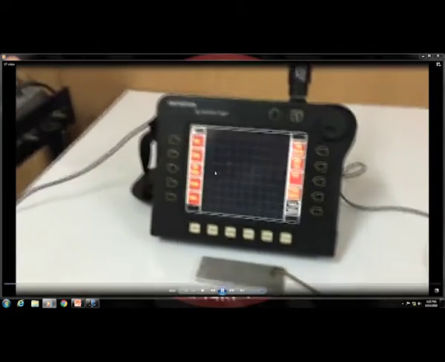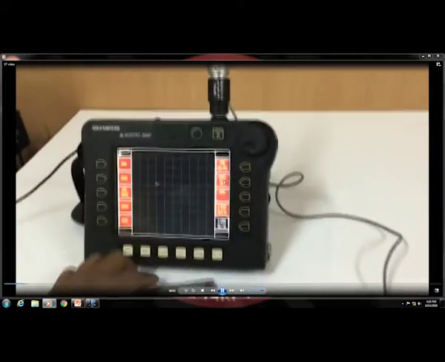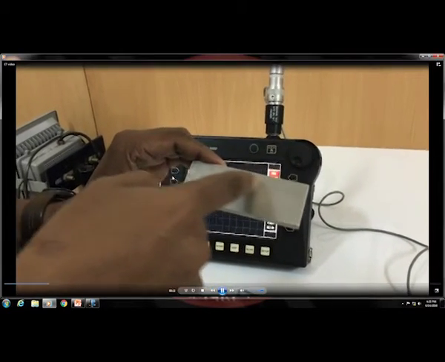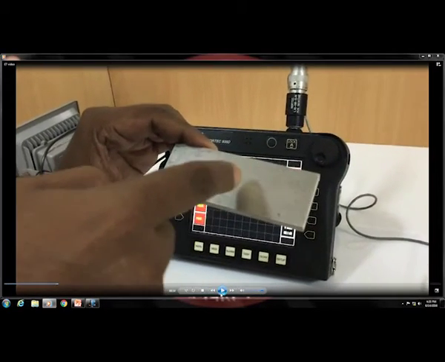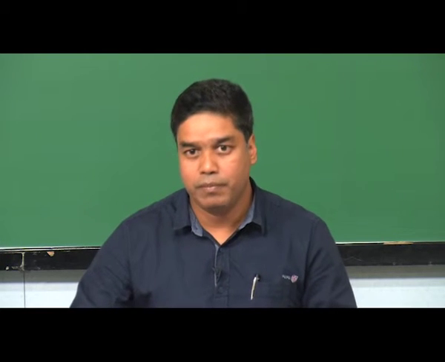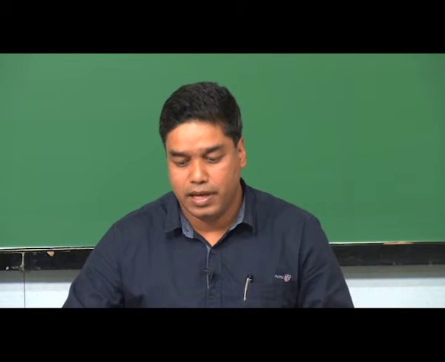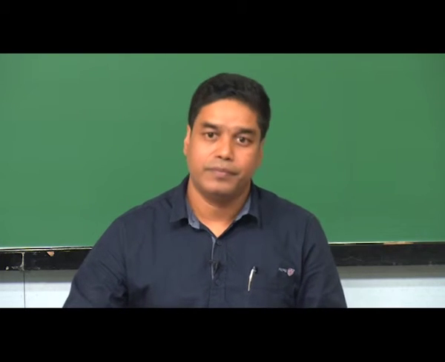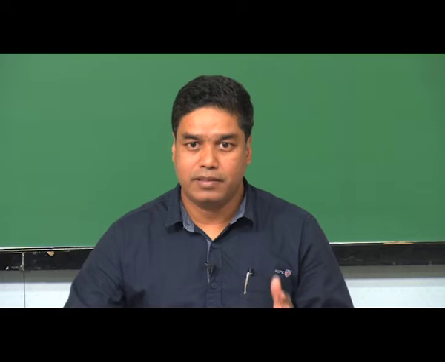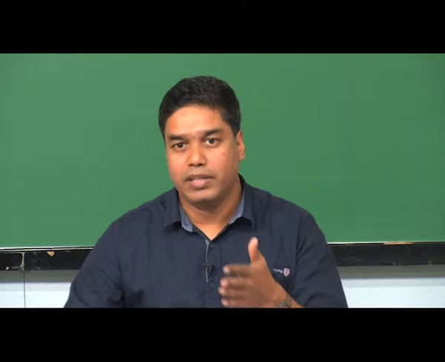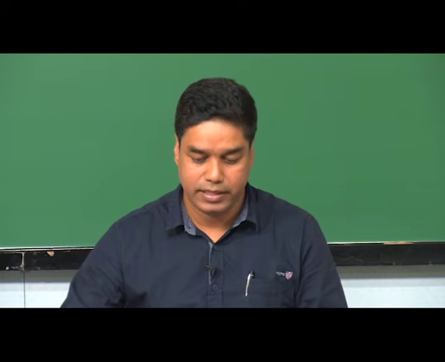So, this is the system, and in order to show a crack signal, I am using this reference block which is being shown right now. This is made of aluminum, a small plate of aluminum, and over this as you could see there are 3 lines which are precisely cut on the surface, and these 3 lines would serve as artificial flaws like cracks, and with the help of those we will see how the crack signal is obtained in eddy current testing.